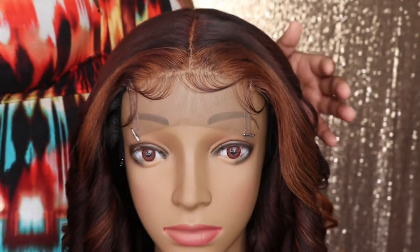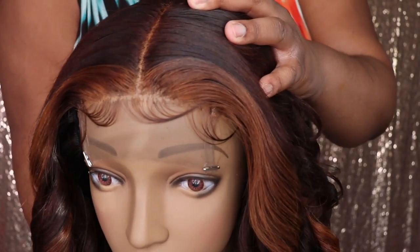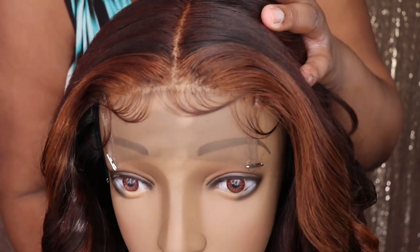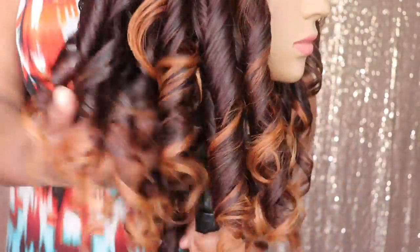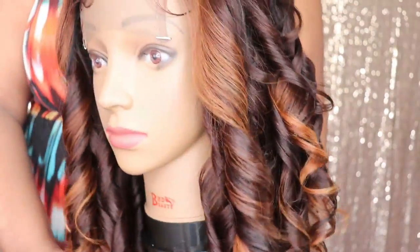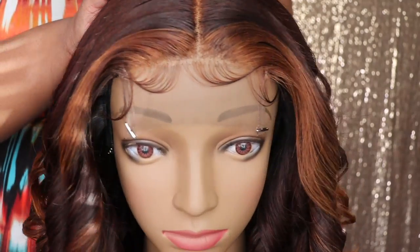This is what the completed wig is looking like once I went ahead and laid and slayed those baby hairs. I defined the middle part and I went ahead and added some curls because this is exactly what my client wanted. In this video, I was able to show you guys exactly how to make a lace closure wig using only 2 bundles of hair and a lace closure from my website,